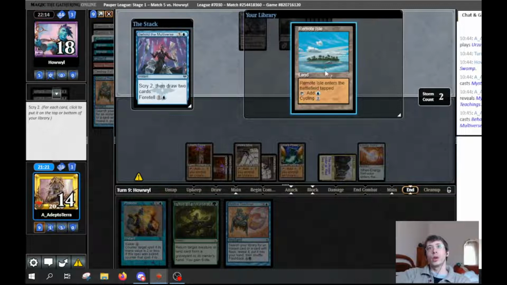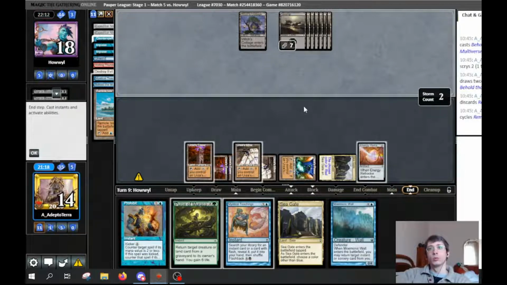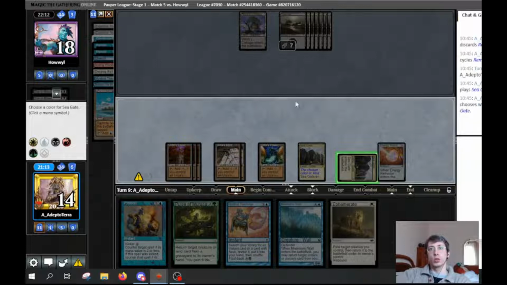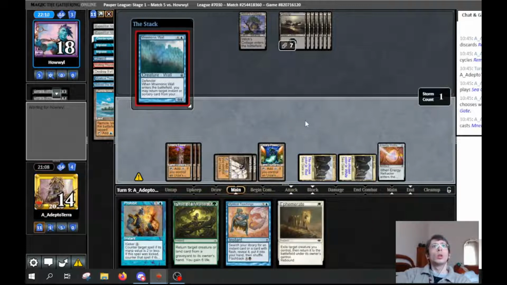Probably should draw the Remotile just because I have the mana, so I'm getting rid of Remotile. Alright, Wall is still a great top deck. We also have the Ephemerate, so we're naming White. And we go for Mnemonic Wall. That brings back...